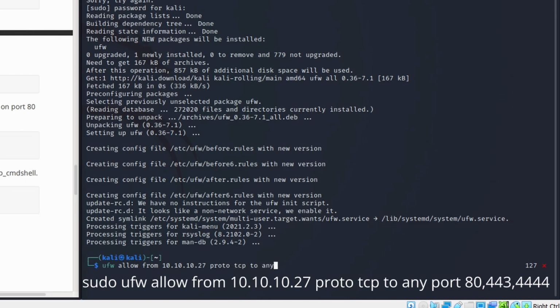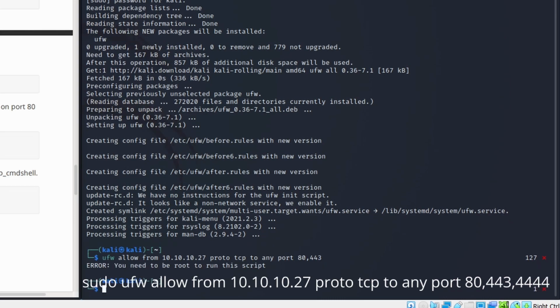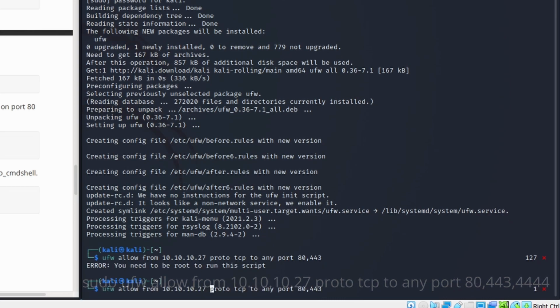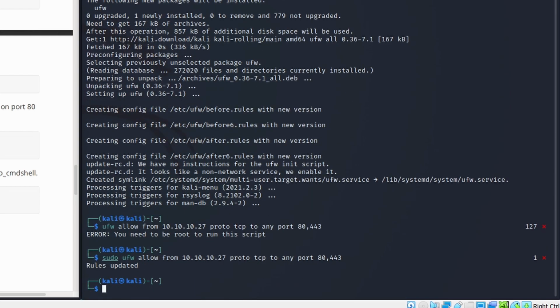I think this stands for a firewall, universal firewall, something firewall, I can't remember now, unified firewall. Anyway, we're going to type in UFW, allow please from 10.10.10.27 protocol TCP to any port on our machine basically, but we're looking for 80 and 443. Now I think I should have typed in